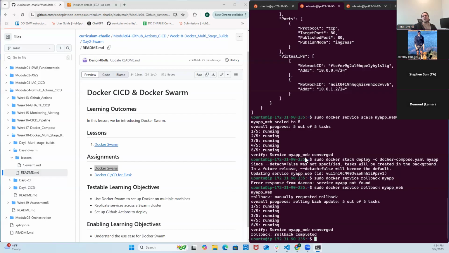Yep, and your EC2s will also need to have Docker installed on them. I don't think they'll come with it installed with an Ubuntu or an Amazon EC2 image. So you just have to do a sudo apt install docker, or whatever package manager is on that image. And then there is a Docker CI/CD assignment that's introducing Docker Swarm with GitHub Actions. You guys already know about GitHub Actions, so this is just integrating with it. Cool. Well, with that being said, I will